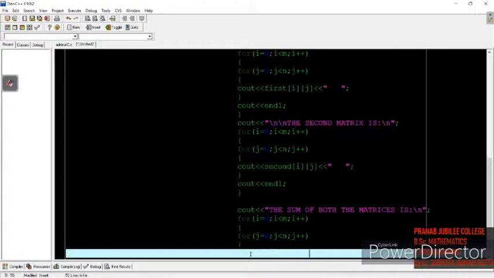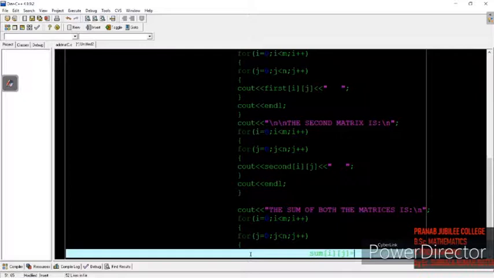Okay, so now where will it be stored? In the sum matrix at index ij, so ij will keep on changing every time. ij will be 0 0 at the beginning, and after that it will increment. We have discussed the loop in an earlier video, so you can visit that if you have doubt. Next, what will be stored in sum ij?